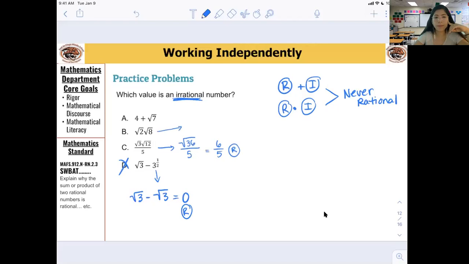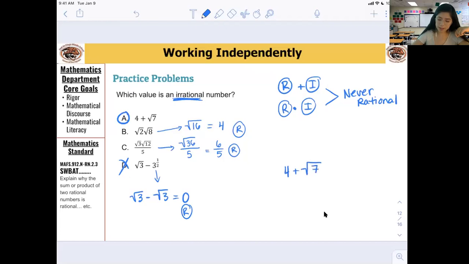And now let's look at B. In B, square root of 2 times the square root of 8 is the same as the square root of 16. What's the square root of 16? 4. What type of number is 4? Rational. A is the only one that will be an irrational number,